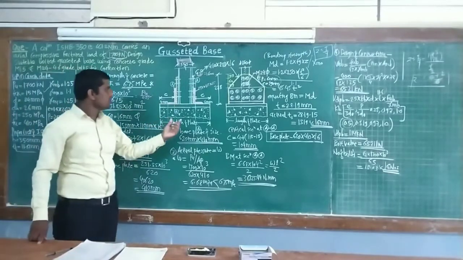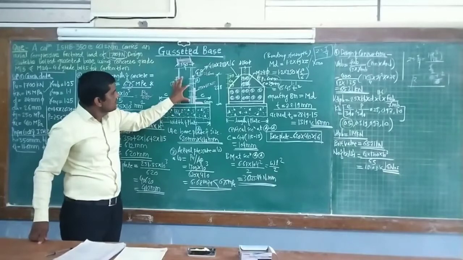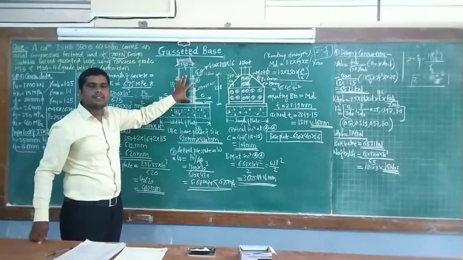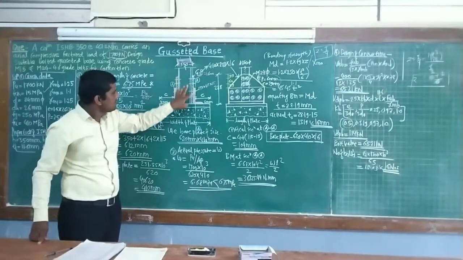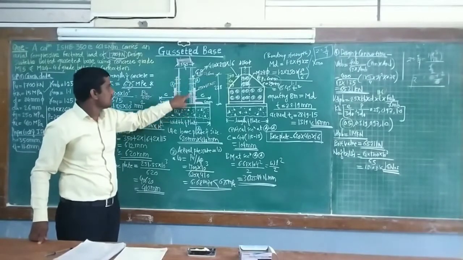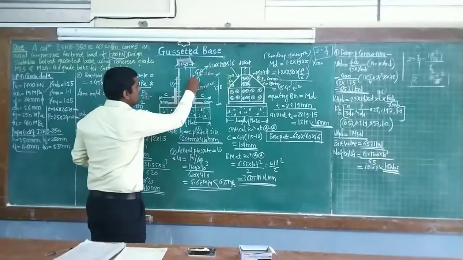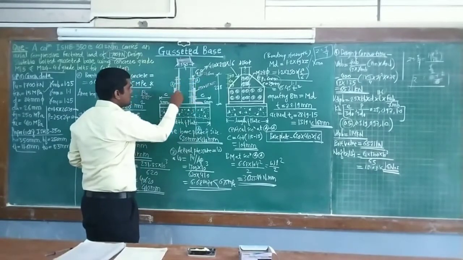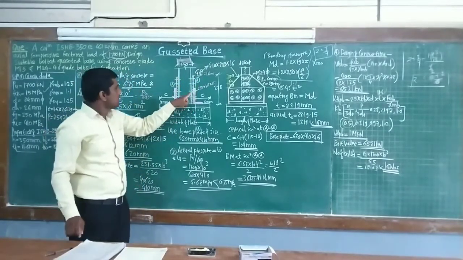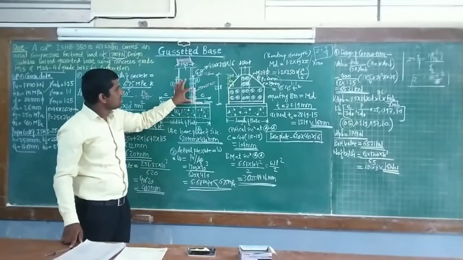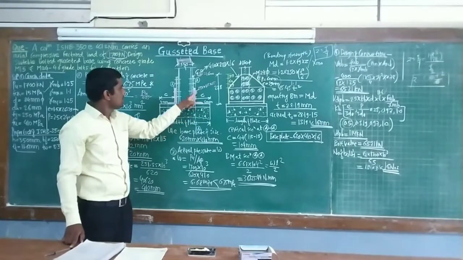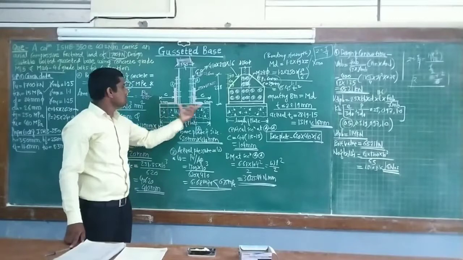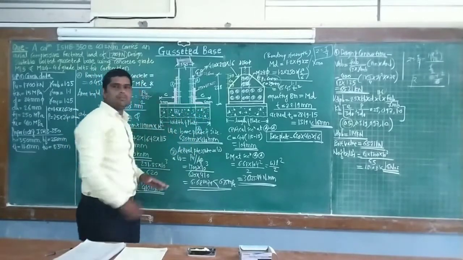So we know that we have placed the gusset plate of 16 mm thickness to this column ISHB 350. This yellow line shows the gusset plate or hatch section on both sides. Then we are going to place the angle section 150 by 150 mm, and 15 mm is the thickness of the angle section. Later on we are going to find out the total width of plate.